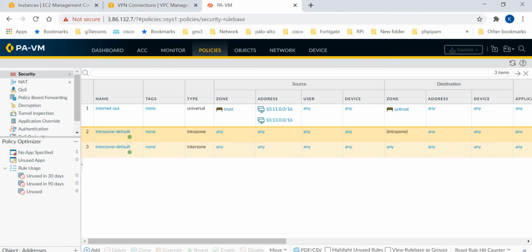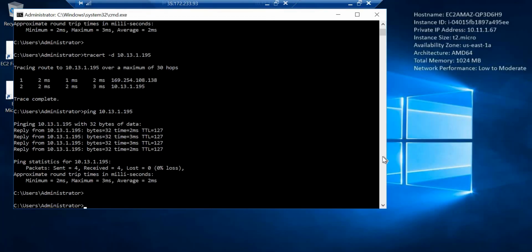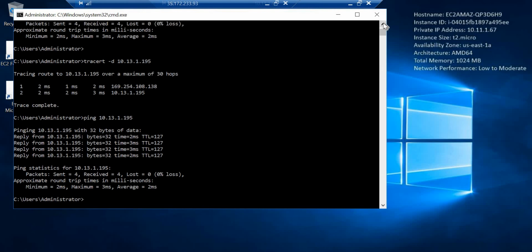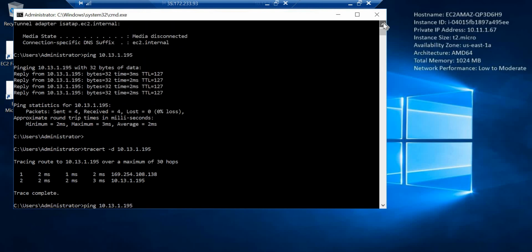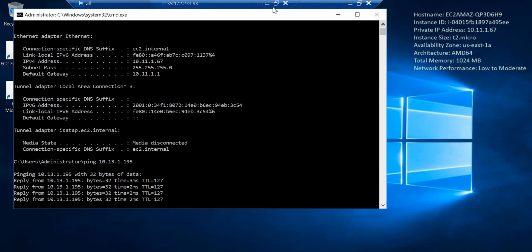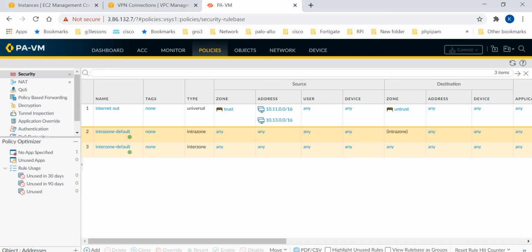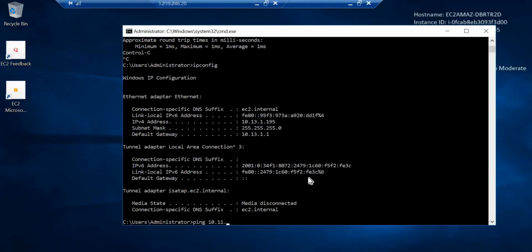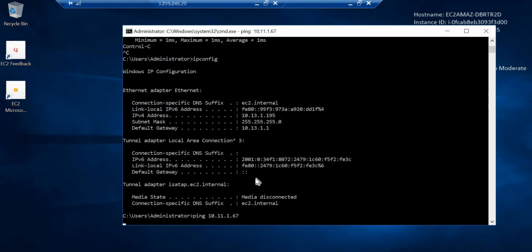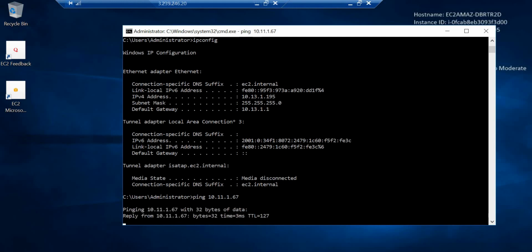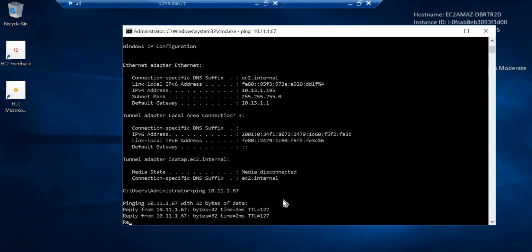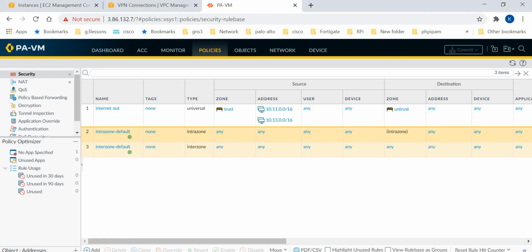Let us check the IP address there. 1.67. Yes, see, I am getting a ping response. So why is this happening? We did not make any rules. So this is working.